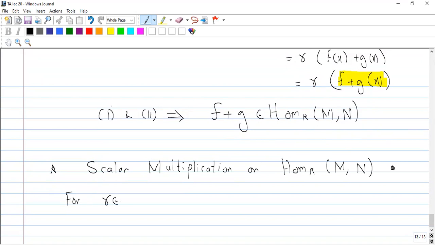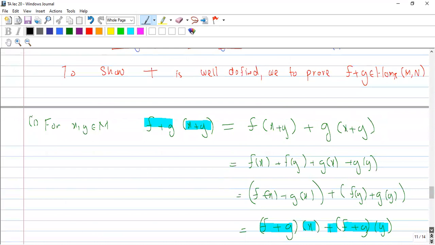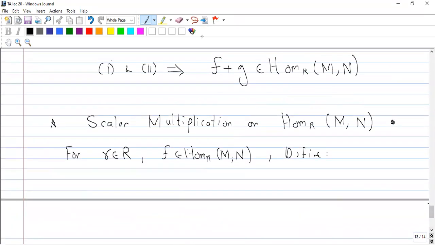For r in R, because again I have to prove this is an R module, for r in R and x in M and f, define scalar multiplication in this way. r dot f is defined as again a map from M to N,